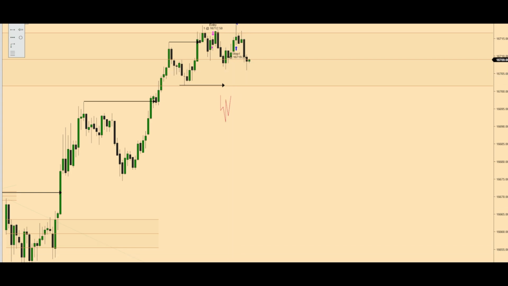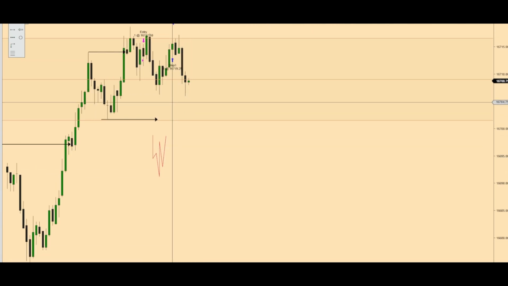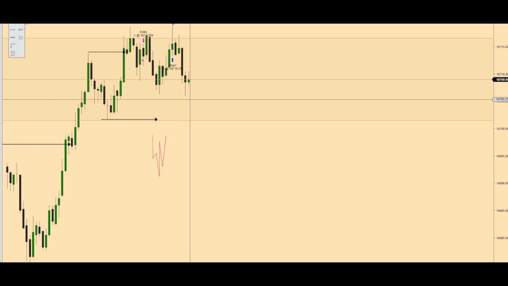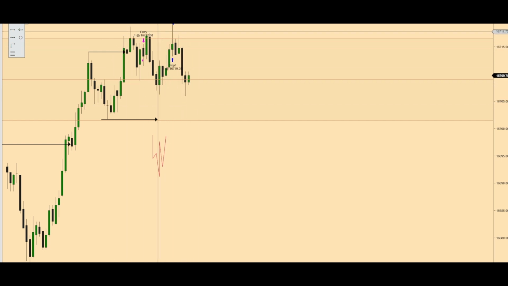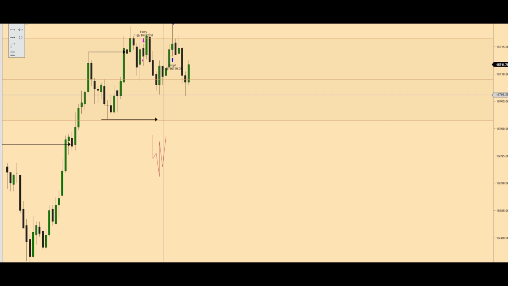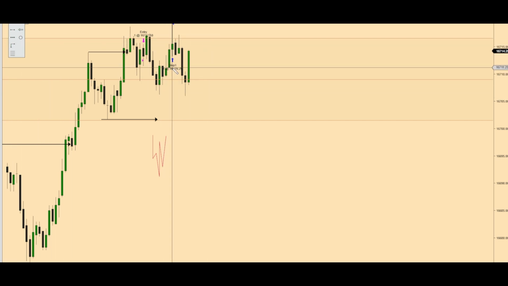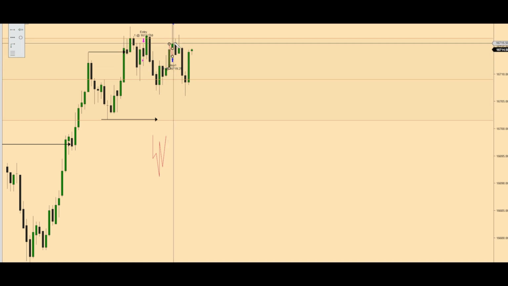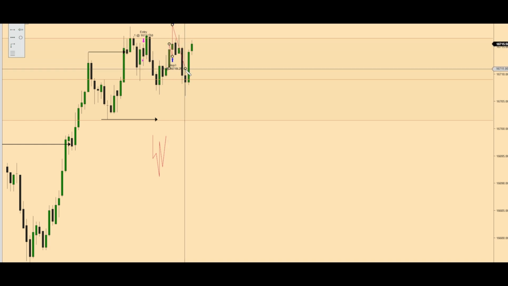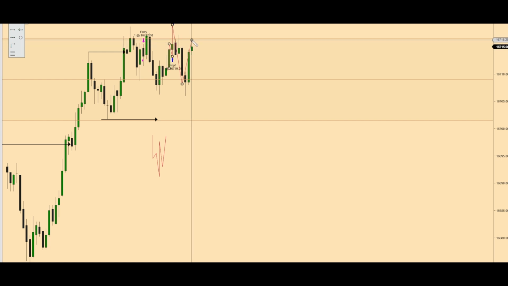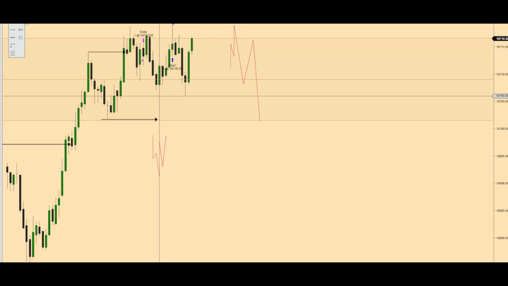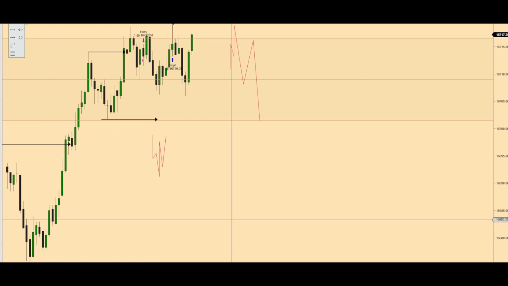And we still could go higher from here, because this could be a double bottom right here. Double top, take this low. Take that. Or this double top. We are bullish, so